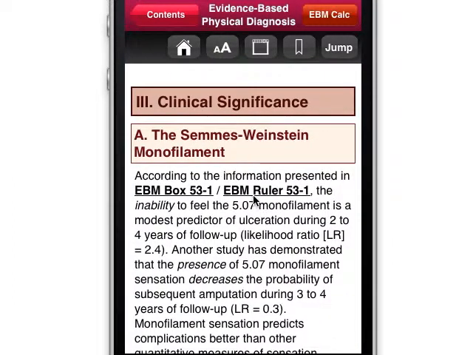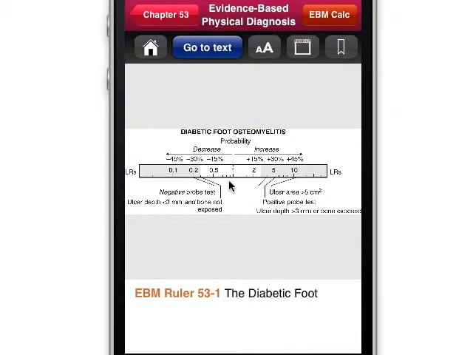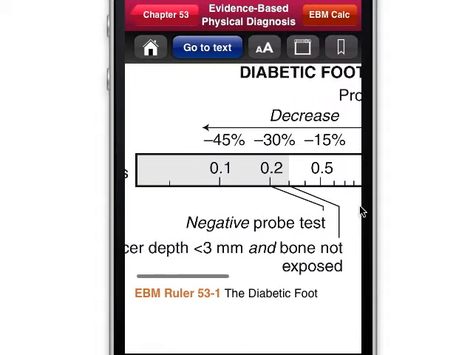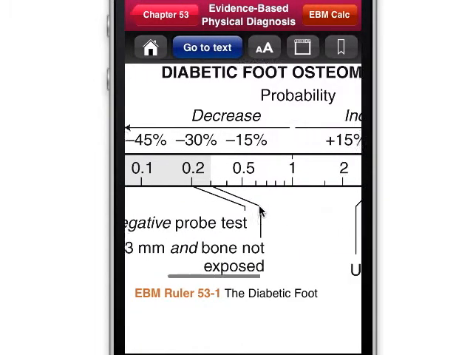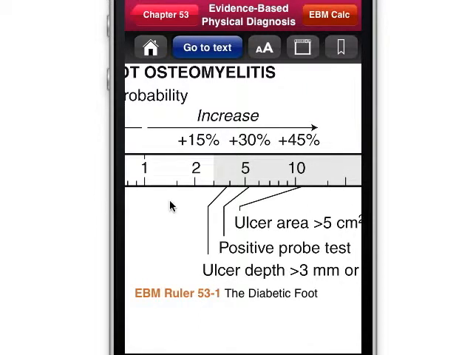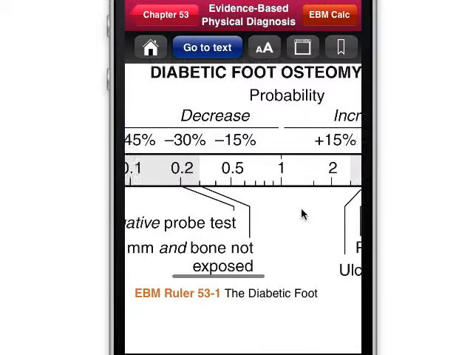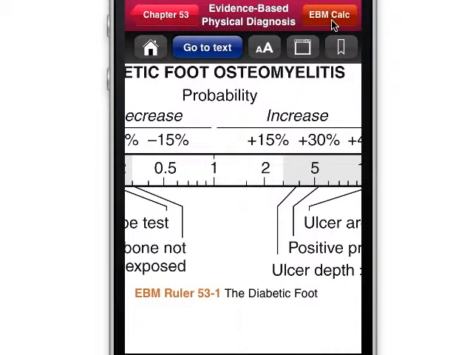You can look at an EBM ruler. This is using the monofilament, and you can double click it to be able to see it more clearly, of course, on an iPad or a larger view other than an iPhone. You'd be able to see this clearly, although you can see it quite clearly. All you needed to do was to increase the size. So this tells you about the different tests and the probabilities. And if you were doing this on the ruler now,